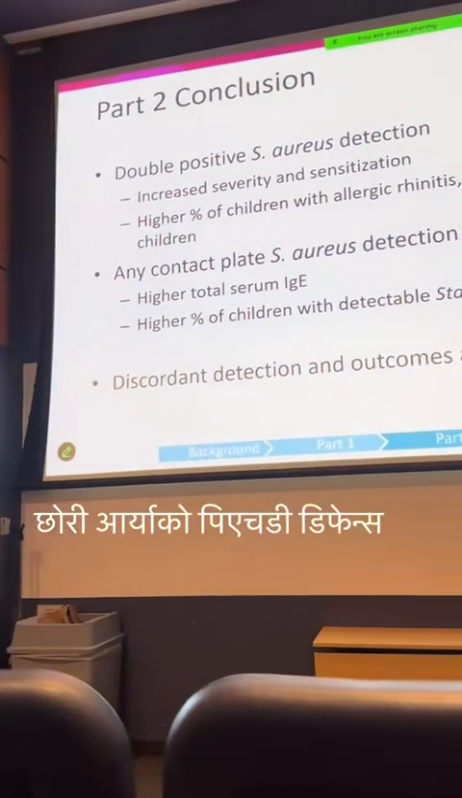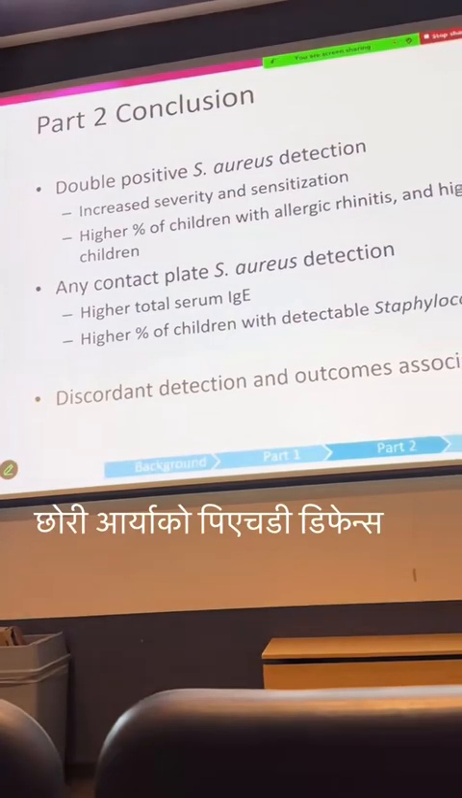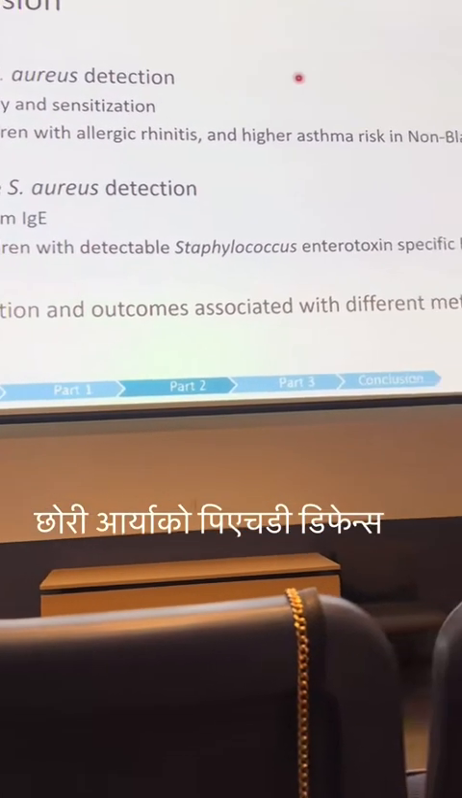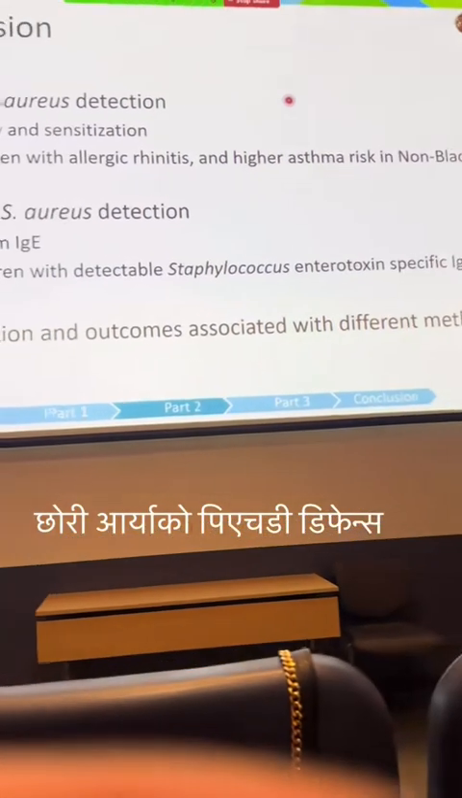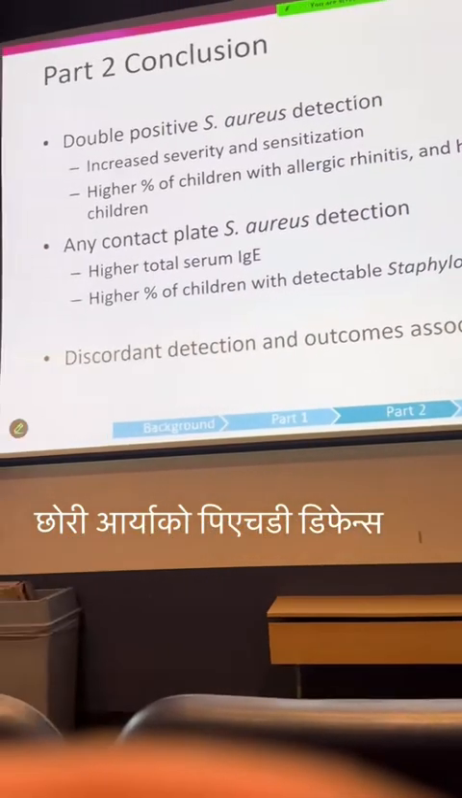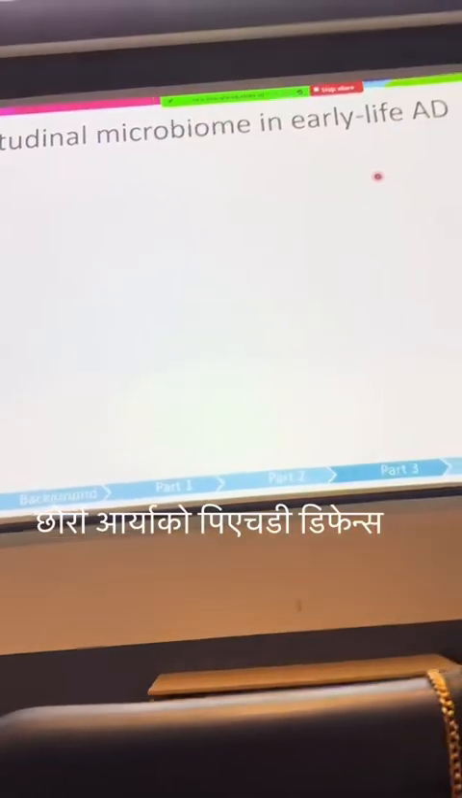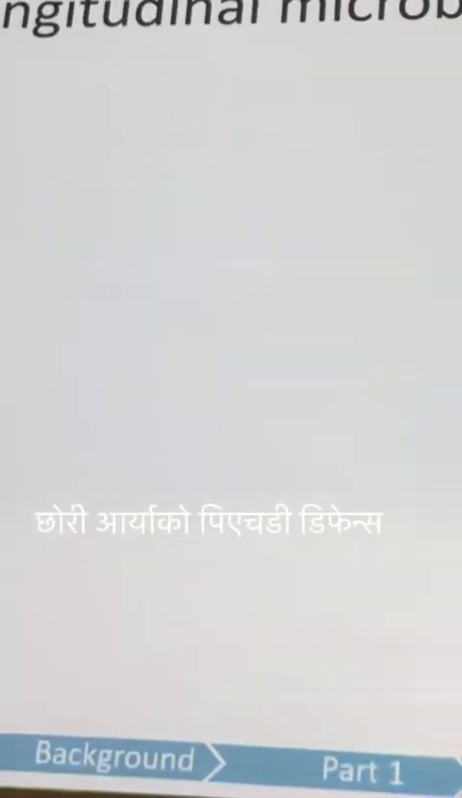Staph aureus detection was associated with increased severity and sensitization. I didn't show the data here, but there was also a higher percentage of children with allergic rhinitis in the double positive group, and also a higher asthma risk in non-Black children in the double positive group. Allergies and MPASH, we wanted to explore beyond Staph aureus to look at the comprehensive microbial communities over time in